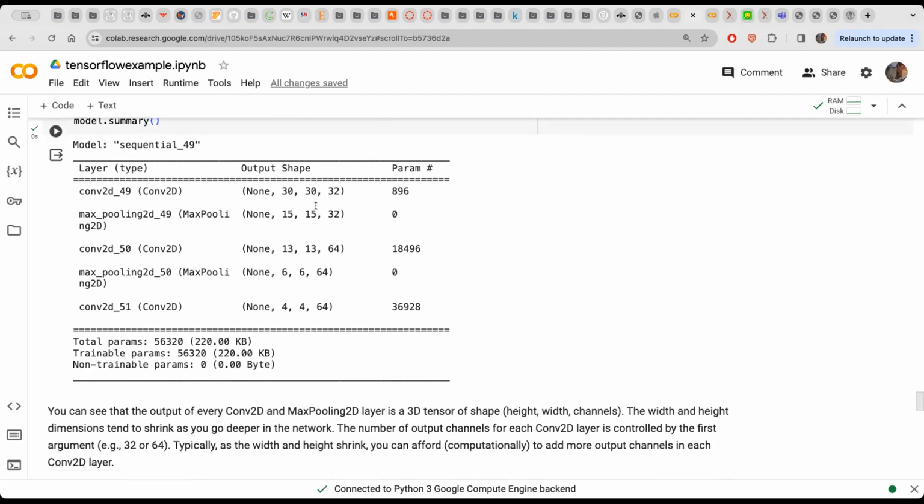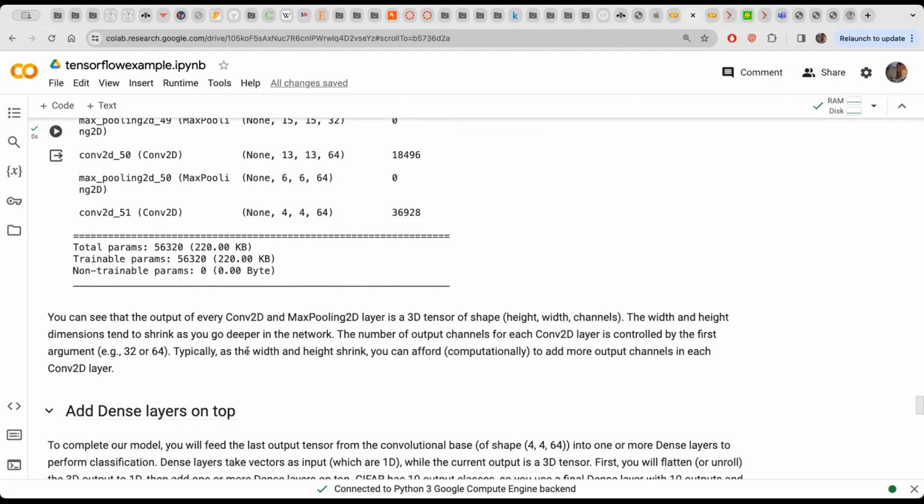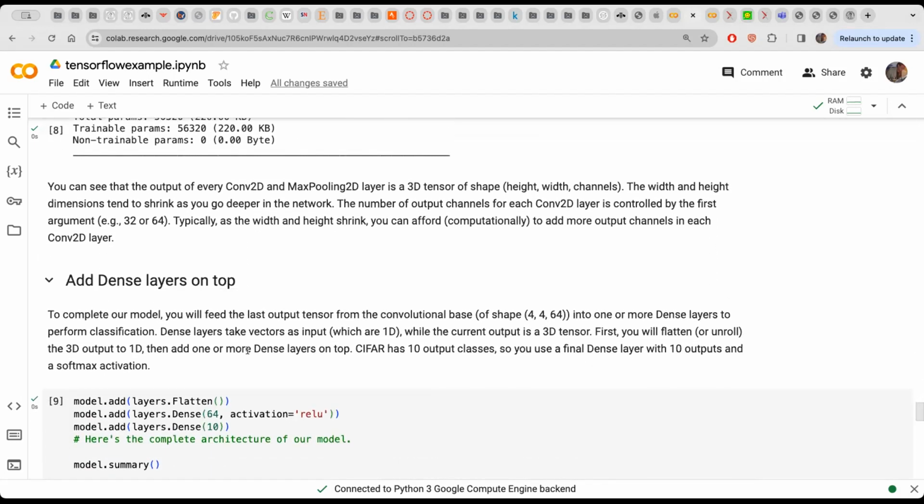So in backpropagation, you would then train here 896 weights. Here you would have close to 20,000, and here you would have close to 40,000 weights. So in total, these are the parameters. And then you can